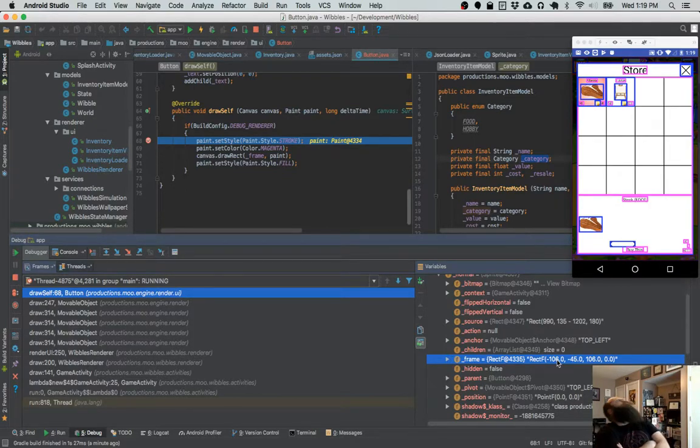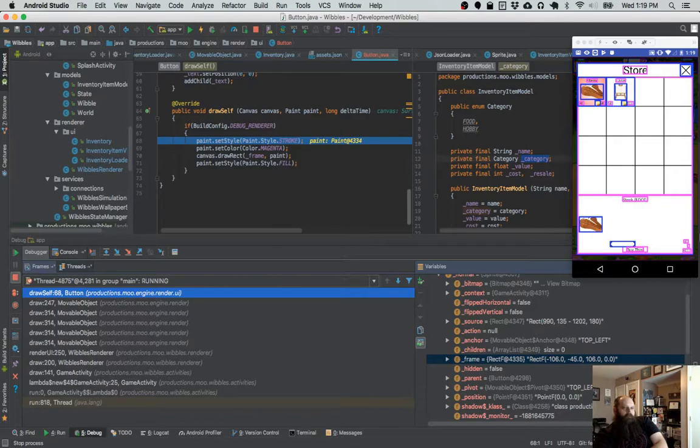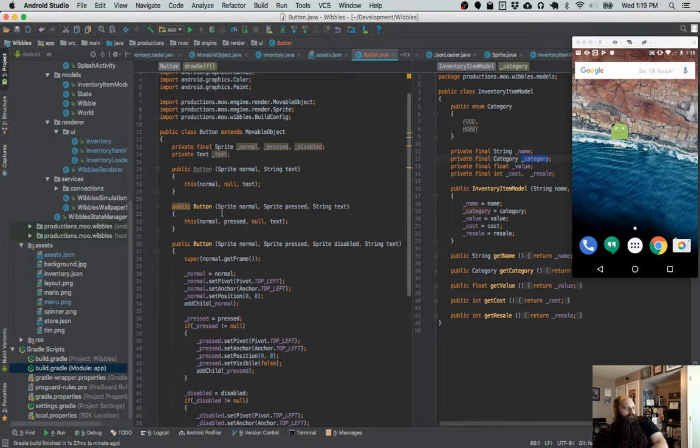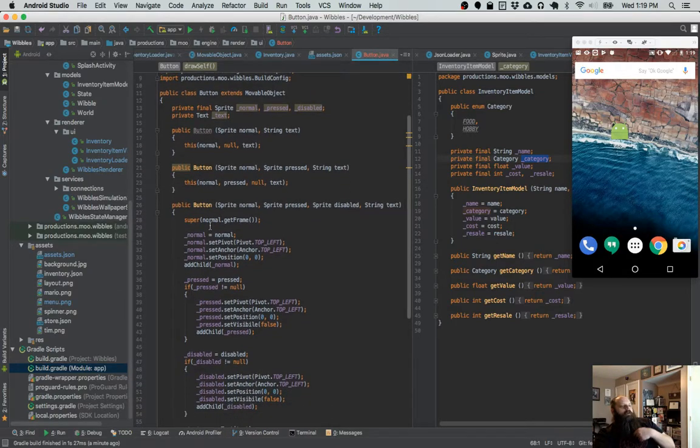Yep. Okay. So what's happening is, obviously, frame is a reference type. So when we say that we are setting our frame to be the frame of the normal sprite, that's a reference. So when we adjust our frame, we're also adjusting the frame of the normal sprite, which means that we are getting that weirdness. So what we have to do is we have to do new